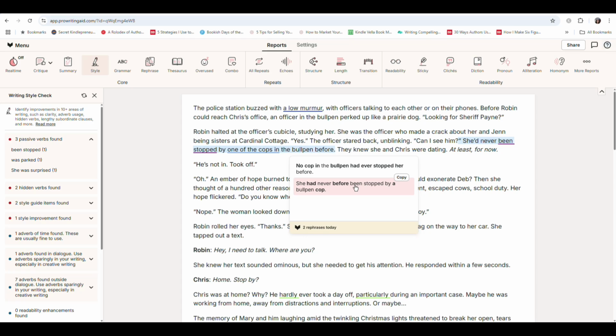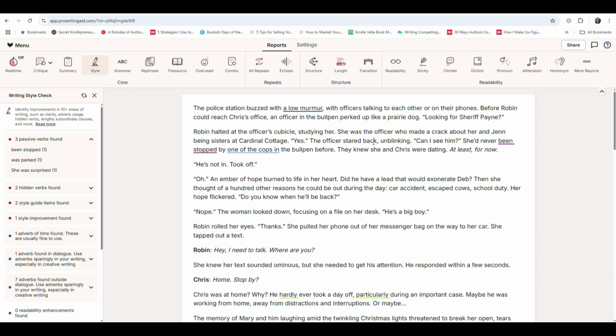If you don't have a lot of passive verb sentences, or you feel really strongly about leaving it as a passive verb sentence, you can do that. But if you're looking to punch up your writing or make it more impactful, you can use one of their suggestions. The next mistake new authors make is using way too many cliches.